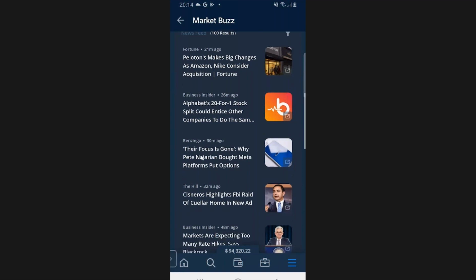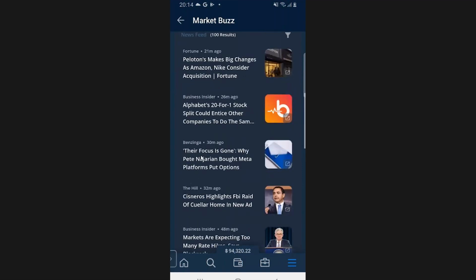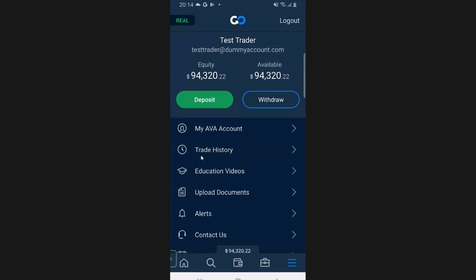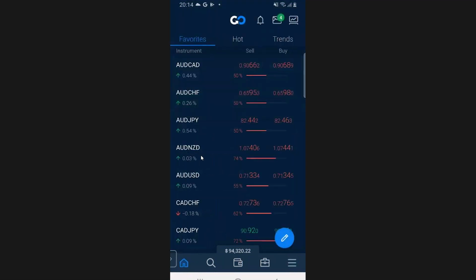So very easy to pull up the article. You just tap on it. It takes you to the website where the article is. So it does that work for you to find the fundamental news that's most recent by scouring the internet and pulling tons of resources in for you to check out the stocks that you might be most interested in trading on. So you can get your fundamental news real quick, very easily and very efficiently.